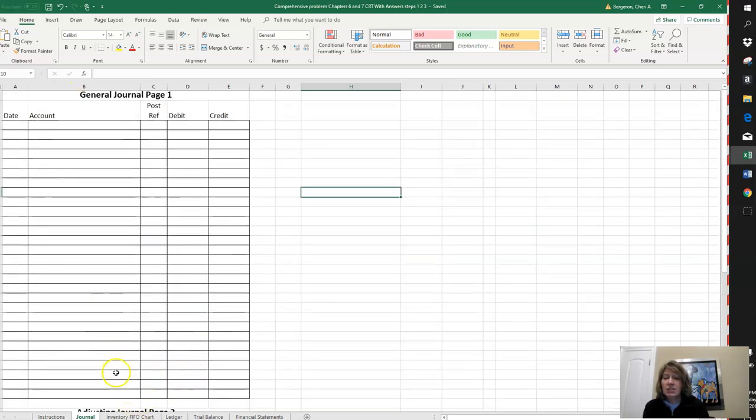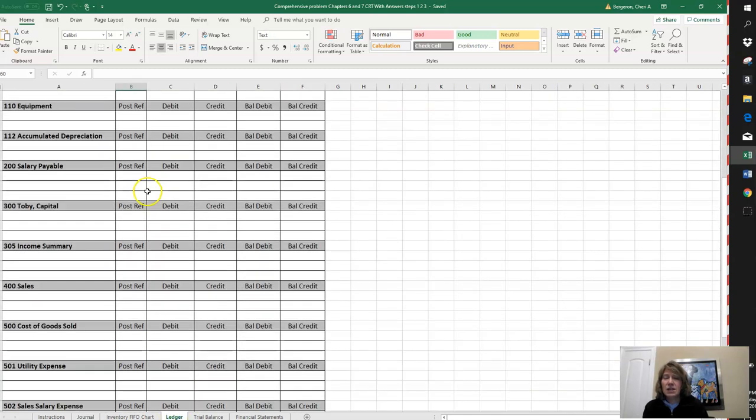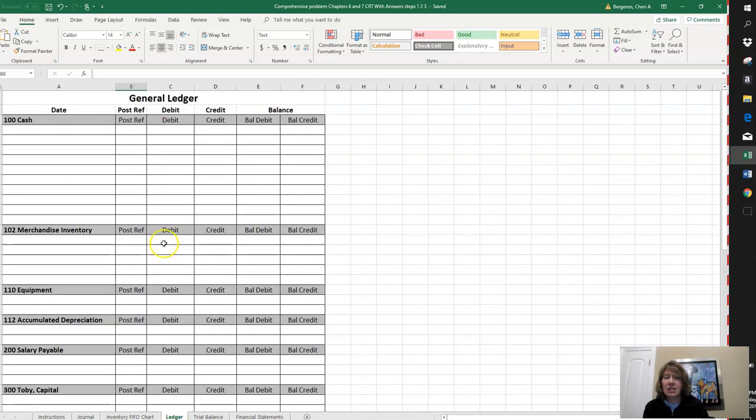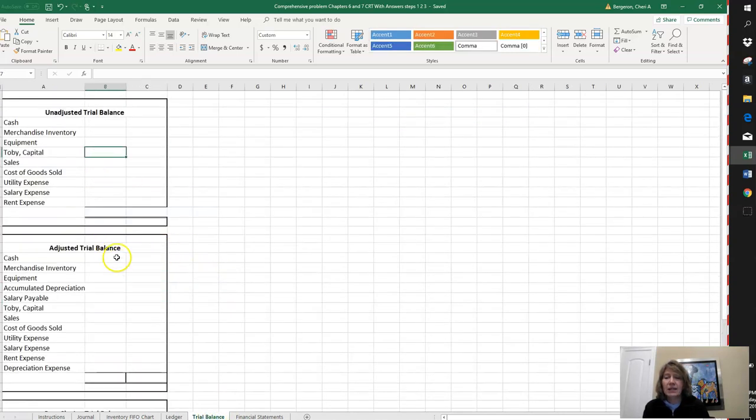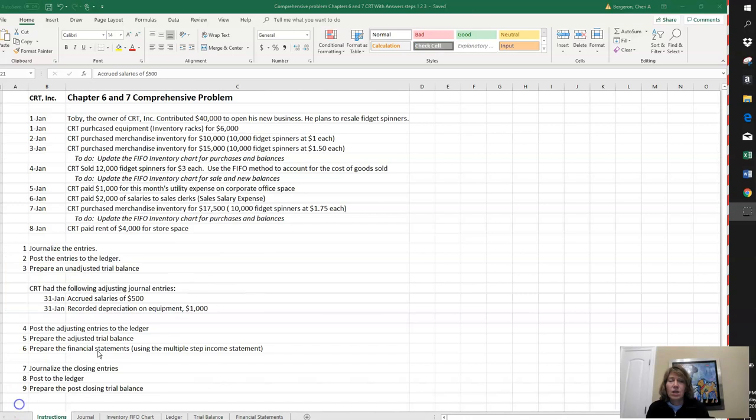And then the instruction will say to post to the ledger. Our ledger is our accounts, and we will post to here. Each time you post to a ledger, we need to make sure that we're in balance. We'll do that by preparing the trial balance. So let's get started. Okay, so if you're doing this on paper, you'll have these printed out and you can